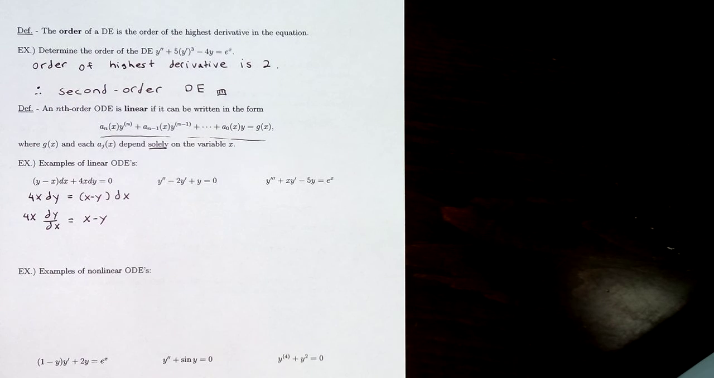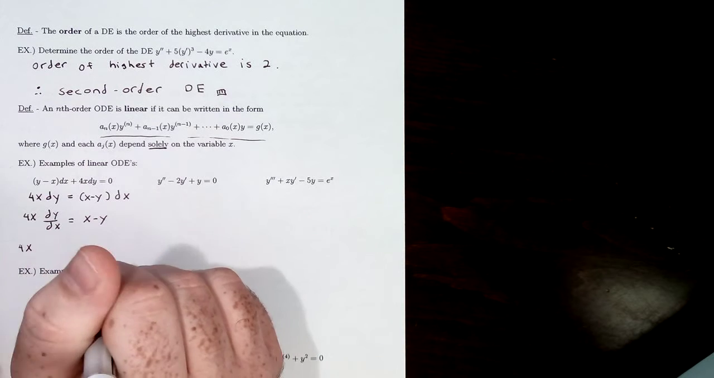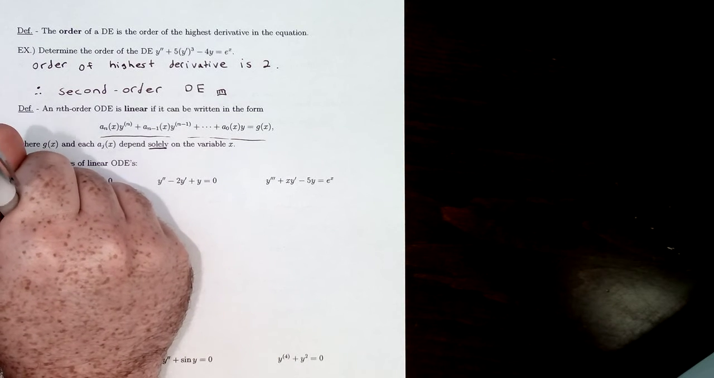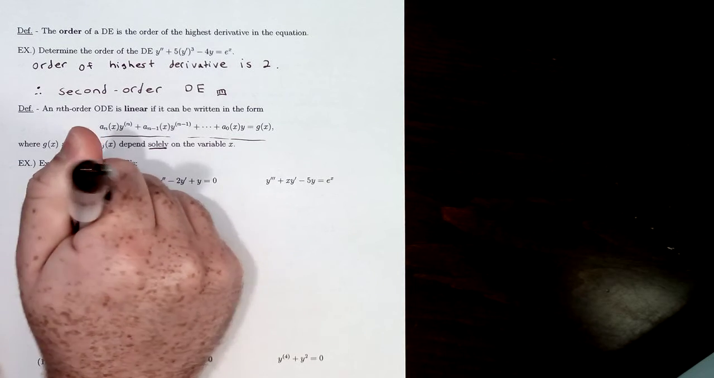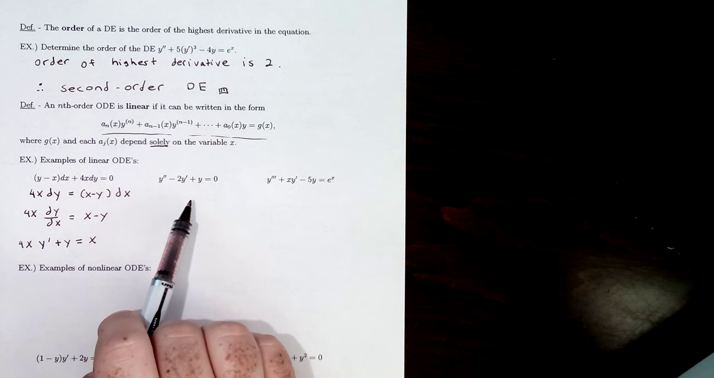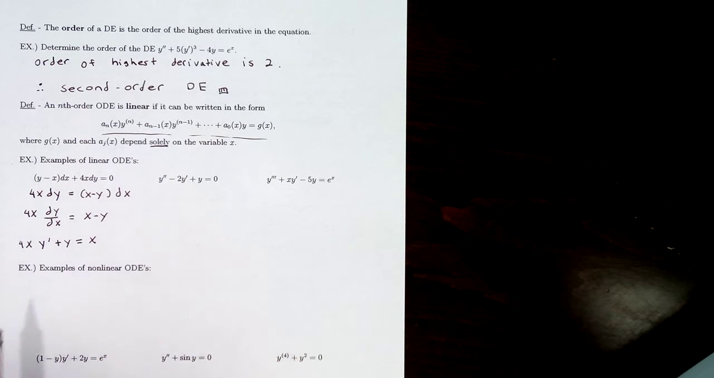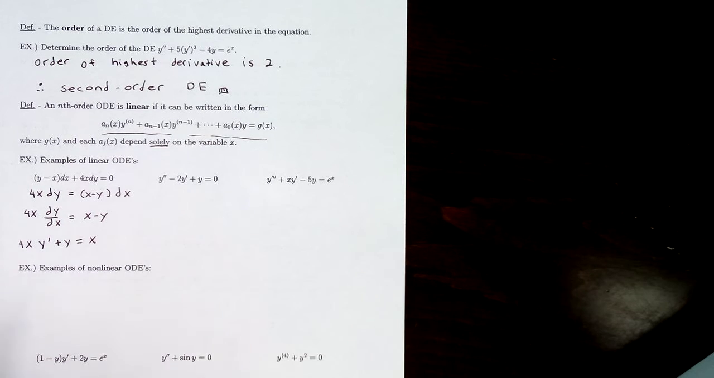So this looks really close to what we have here. To make it really look like our definition, we're just going to move the y term over. So we have 4x, I'll call it y prime, plus y equals x. And this does satisfy our linearity definition, so we're good to go. Clearly, the second one, y double prime minus 2y prime plus y equals 0, is definitely linear. There's no questions there. And also y triple prime plus xy prime minus 5y equals e to the x,